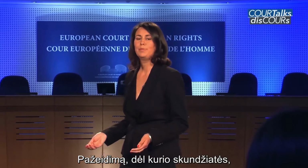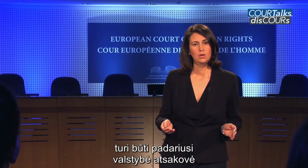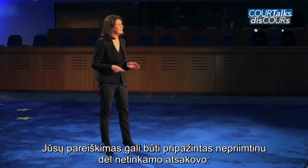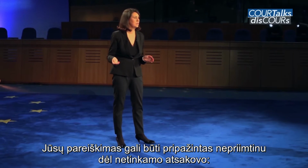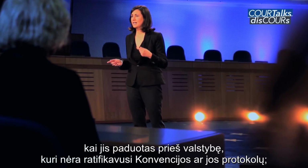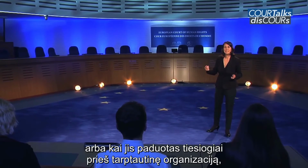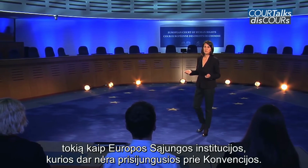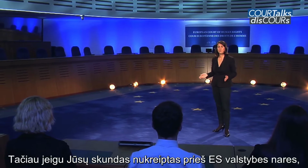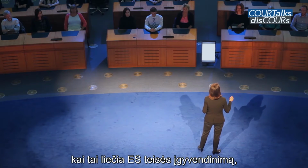The violation which you complain about must have been committed by the respondent state in question, or in some way attributable to it. Your application may be declared inadmissible because of the respondent concerned, if it's brought against an individual, if it's brought against a state that has not ratified the Convention or its protocols, or if it's brought directly against an international organization, such as the EU institutions, which have not yet acceded to the Convention. However, if your complaint is against EU member states in relation to their implementation of EU law, your application may